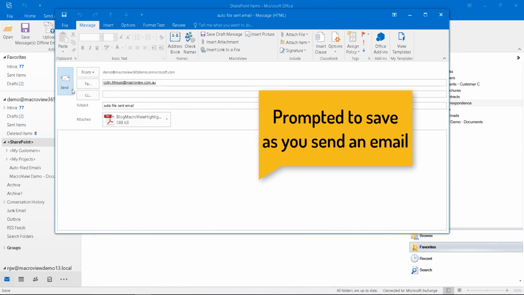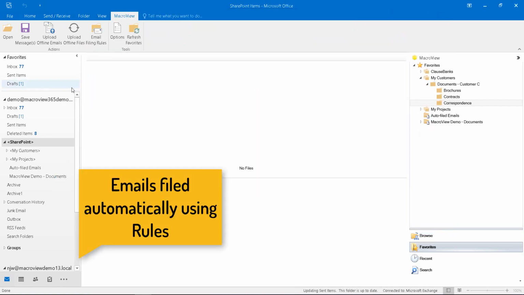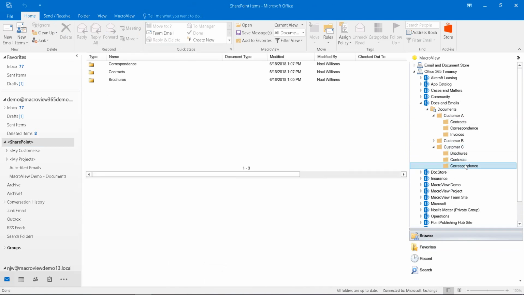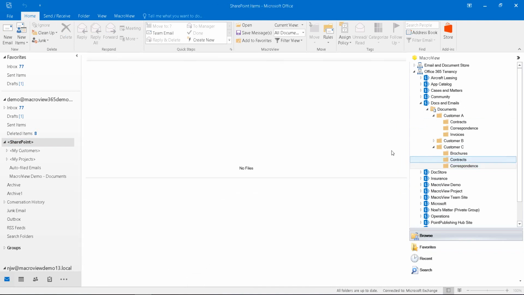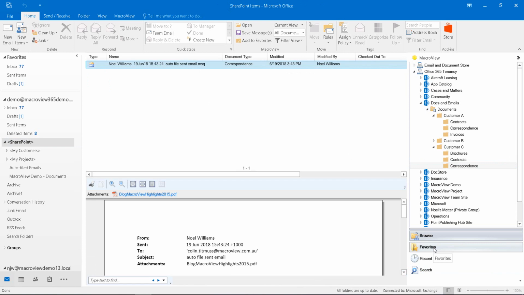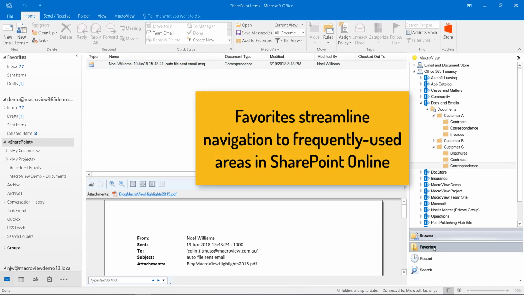As you send an email, you can be prompted to save it to your choice of area in SharePoint Online. Alternatively, a copy of the outgoing email can be filed automatically using filing rules similar to those of Outlook. Emails sent to Colin are automatically filed in the correspondence area for customer C. Here's a copy of our newly sent email, and we can see that even more conveniently by using Favorites mode,